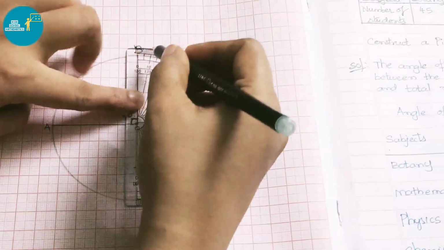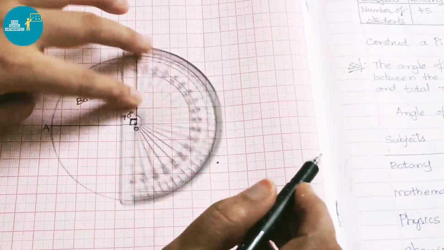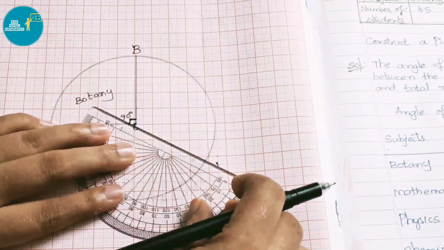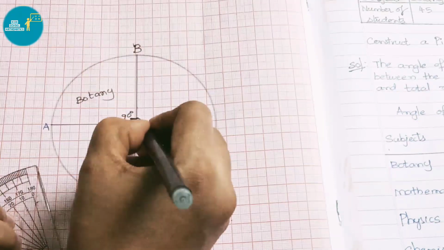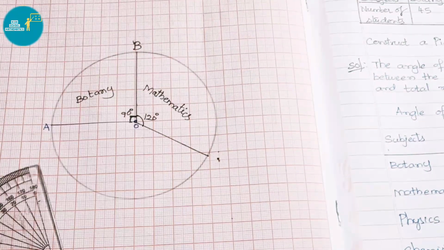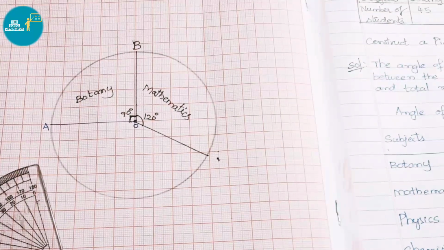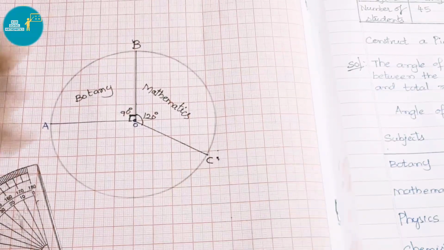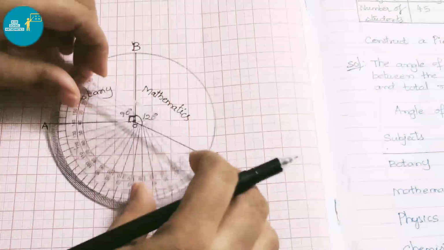Now we shall take this left side scale 120 degrees near. We have to place a mark and join them. Now this is 120 degrees. Next one is physics 20 students. That is 40 degrees we have to mark now. Let us mark this point as C and take this OC as baseline. Now we are going to mark physics 40 degrees.